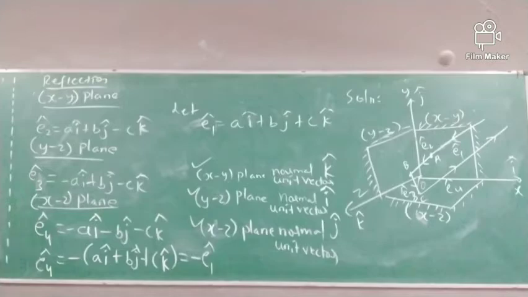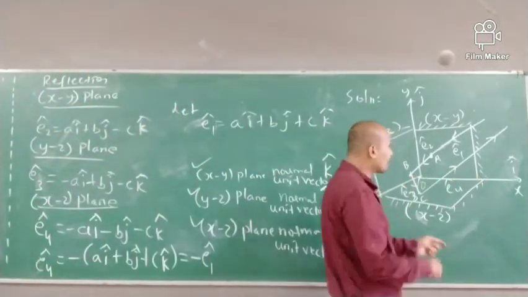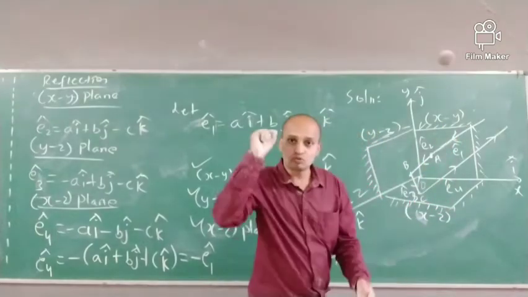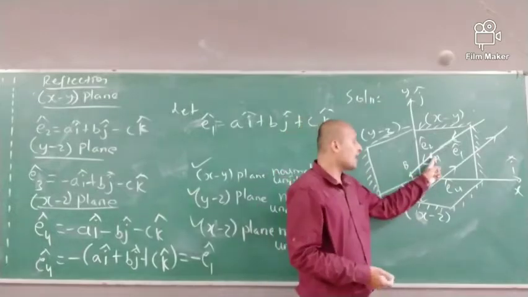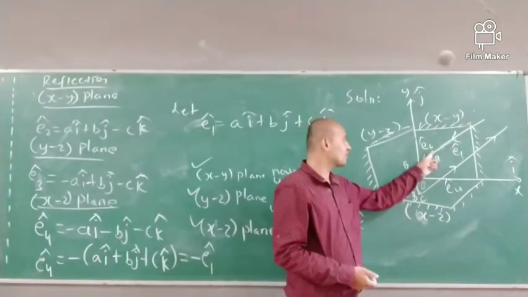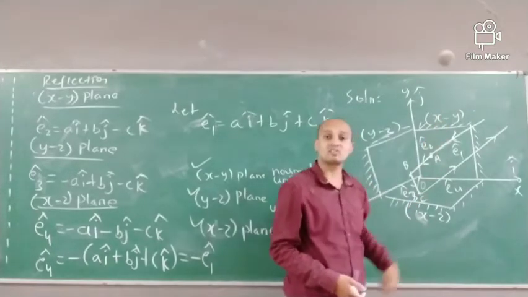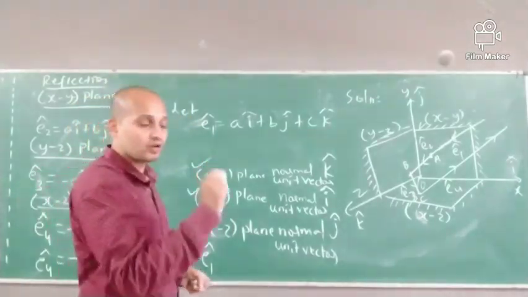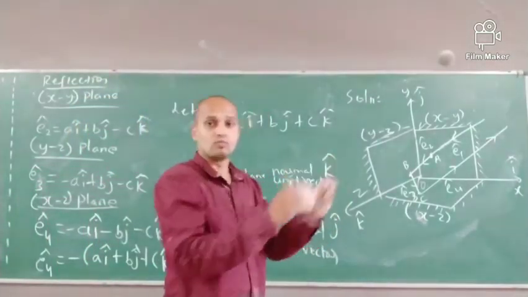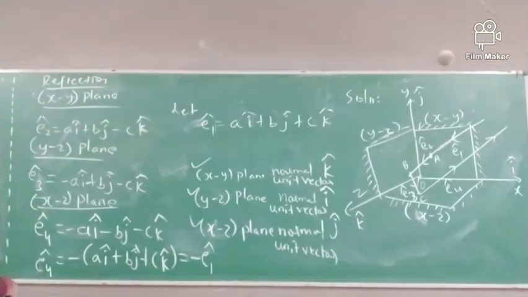This is the problem, so you can try it at home. You go to the corner, you throw one ball in such a manner that it goes to the diagonal corner of the wall. It has to hit three surfaces. If it hits the three surfaces, X, Y, Z, it will reverse back in the same direction. You can experiment practically by throwing one ball to the corner of the room. Are you understanding this? Okay, guys.